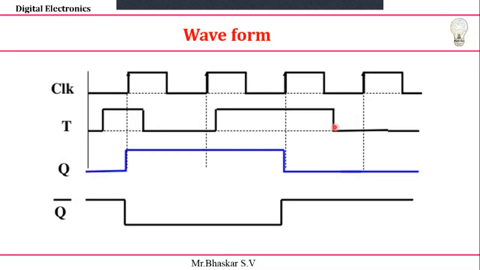I hope you understand. In the last video and this video, we discussed the JK flip-flop, D flip-flop, SR flip-flop and T flip-flop: waveforms, representation, truth table and symbols, characteristic equation and excitation table. These are very, very important for exam purposes. Okay, thank you.